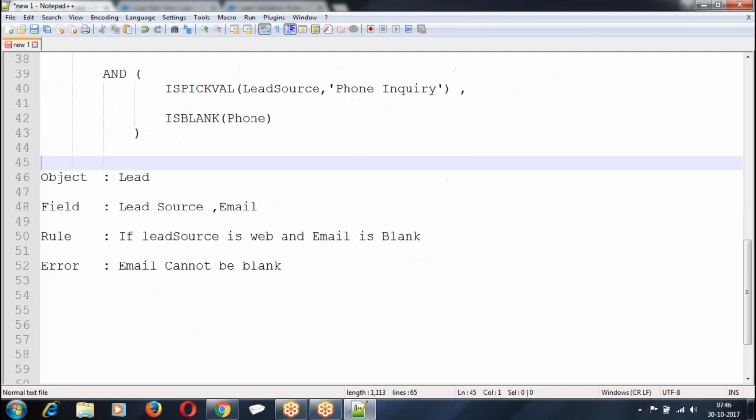Now create this validation rule. Object lead. Lead source and email are the fields I'm going to use. If lead source is web and email is blank, throw error message.